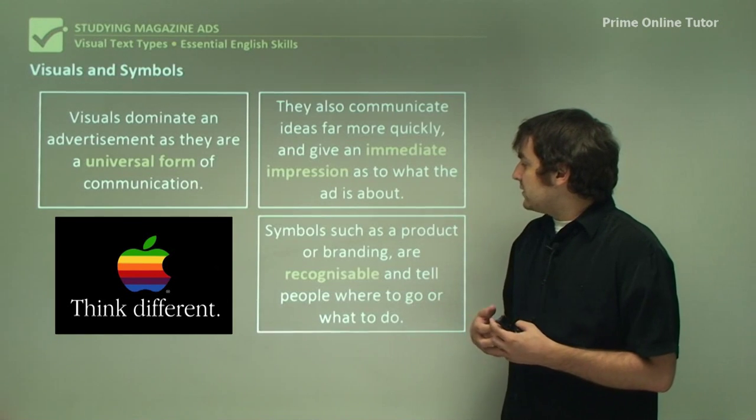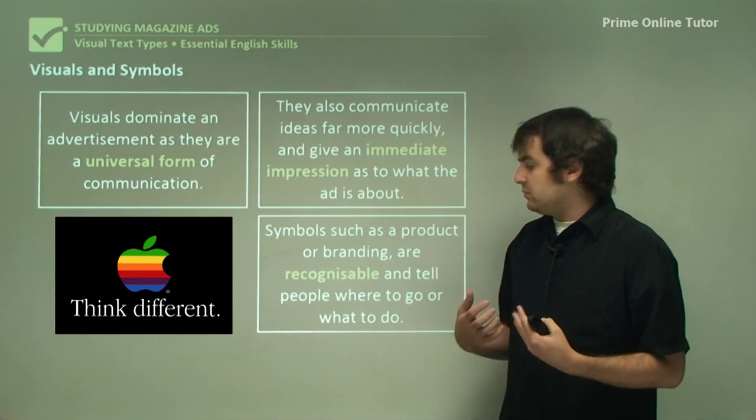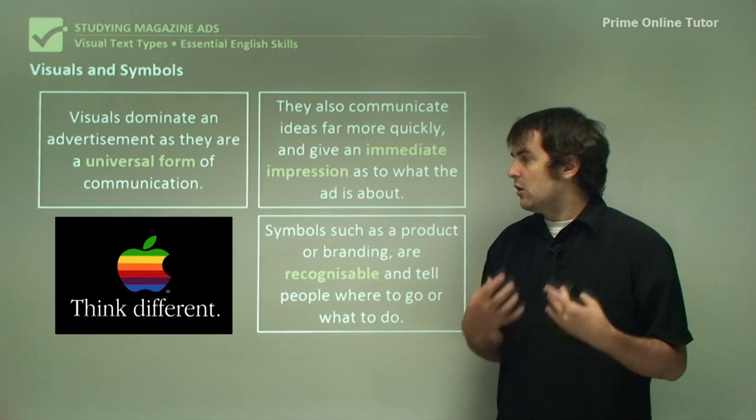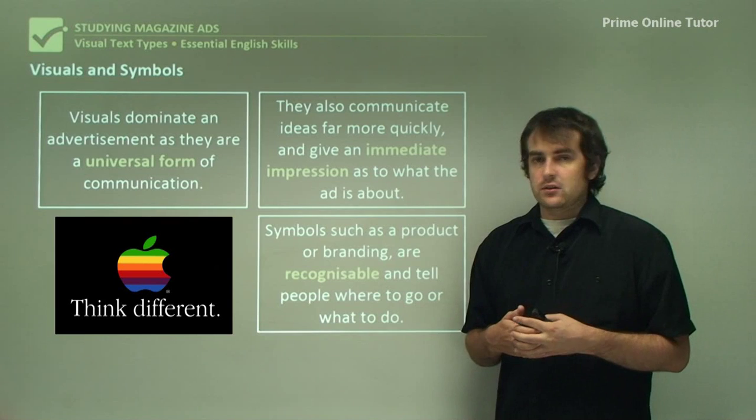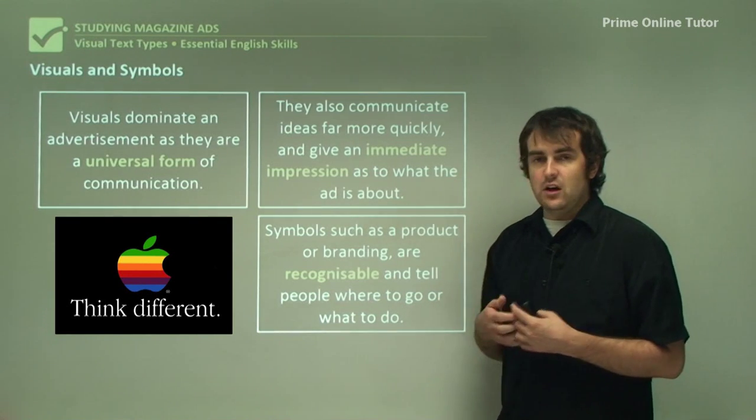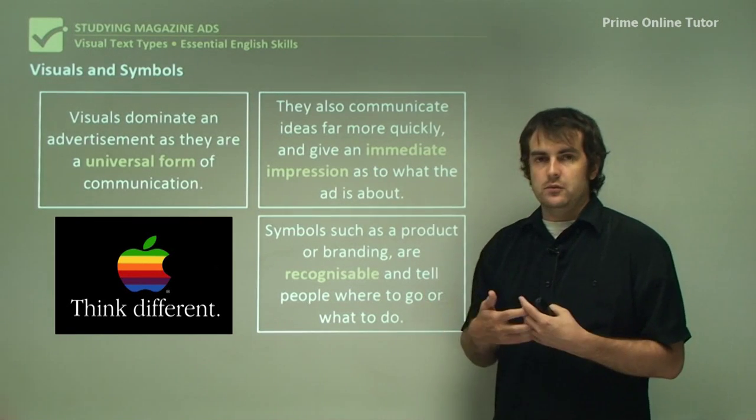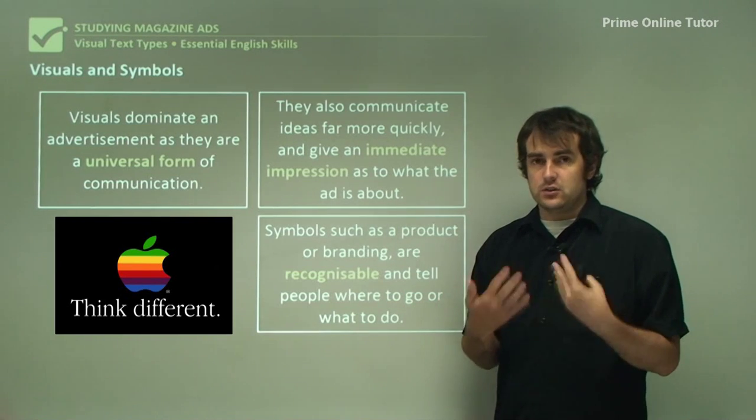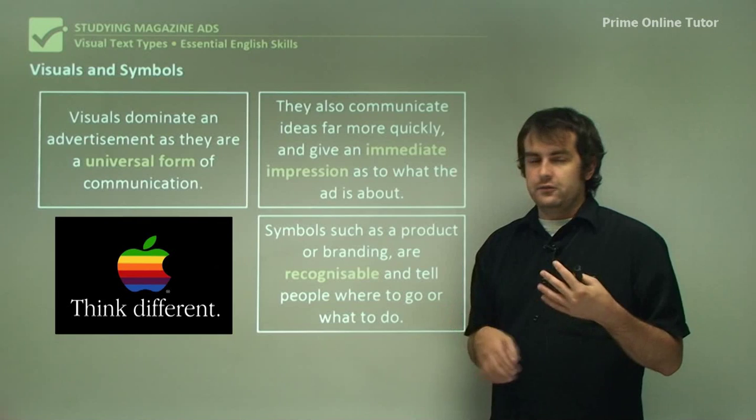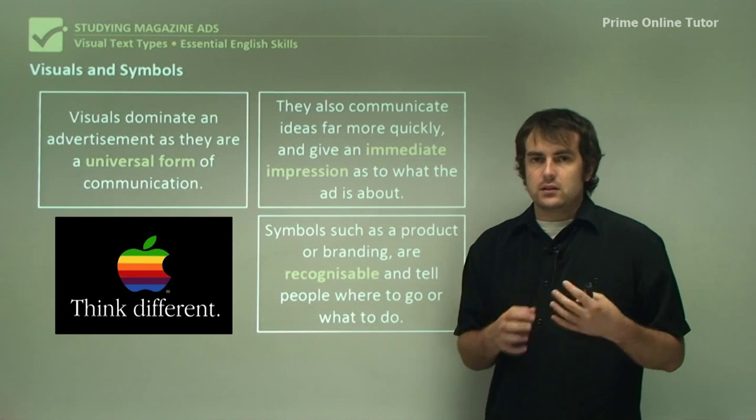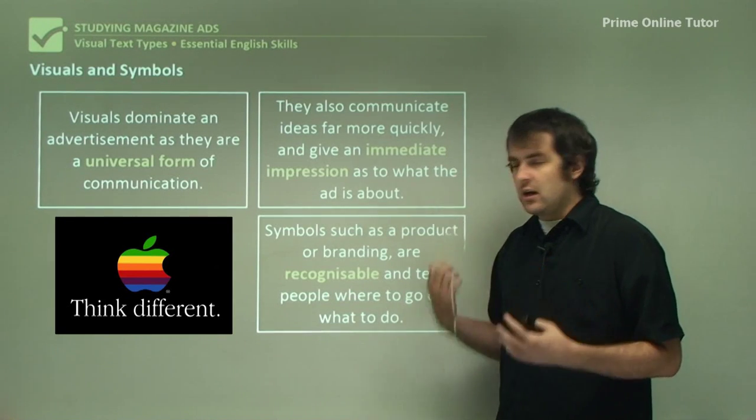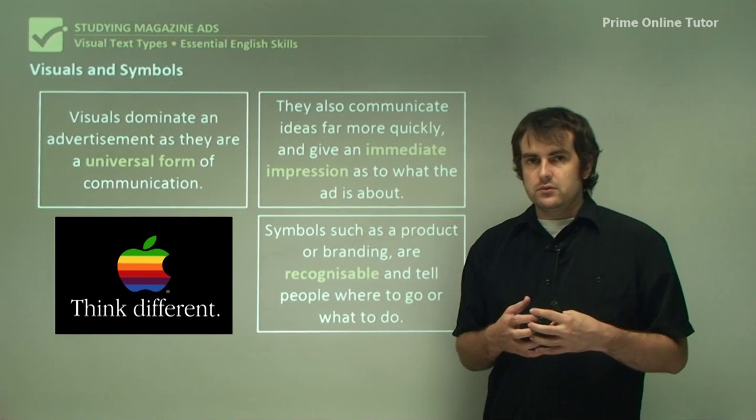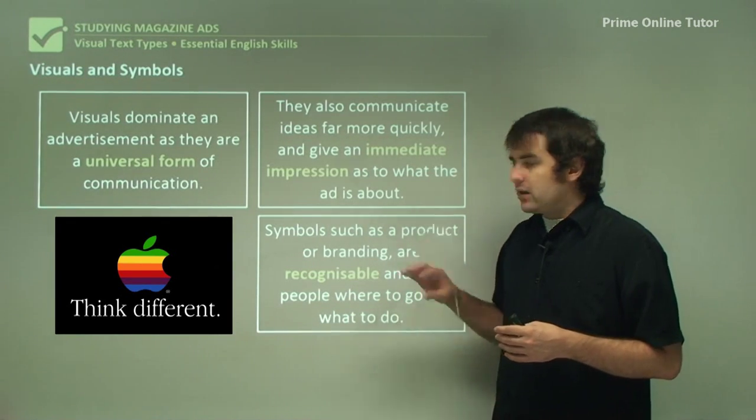And symbols such as product or branding are recognizable. So as I said, immediately when you see that, you know what it is. You know who it's selling to. And even this, the old logo, is still recognizable for people because, first of all, it looks like the new one, but also because of the idea of what that company is, what it stands for. And so when you see those sorts of symbols, you recognize, first of all, who it's from,